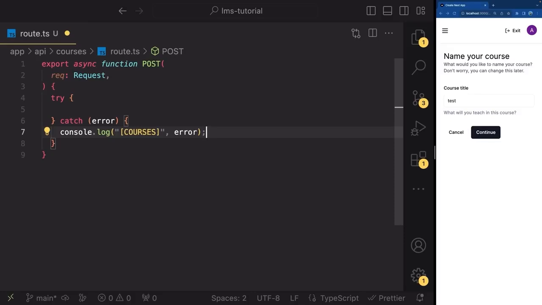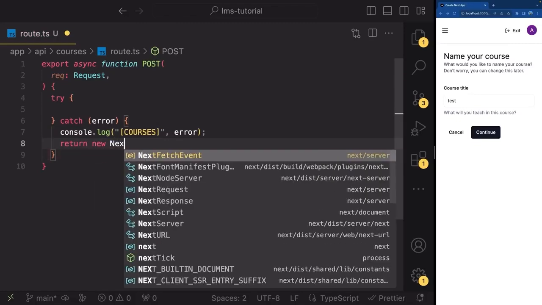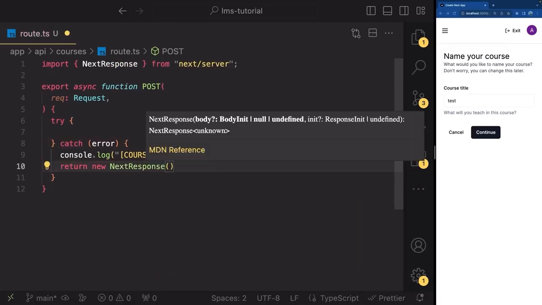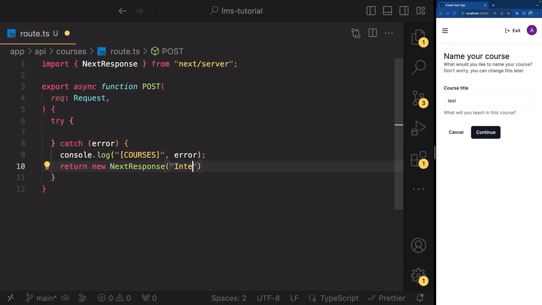If you see random errors popping up in your terminal, then you're going to know that something is wrong with the courses API route right here. And then we're going to return new NextResponse, which you can import from next/server, and just say Internal Error like this, and return a status of 500 to the client,